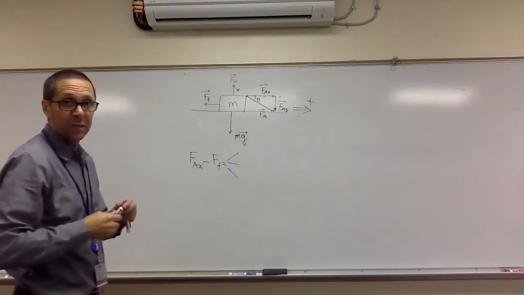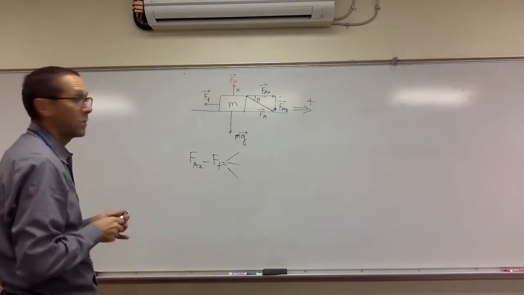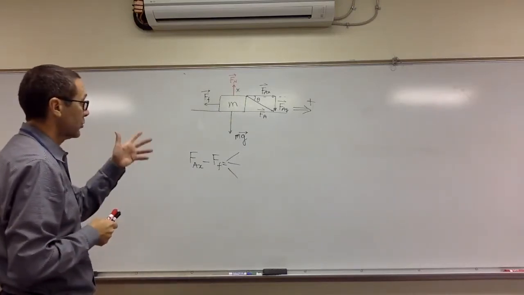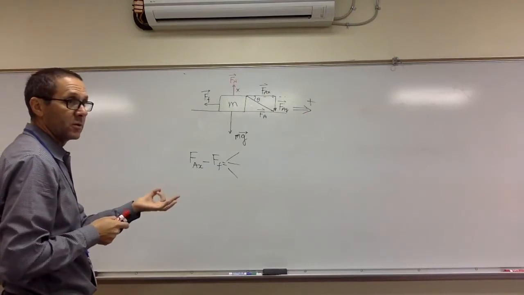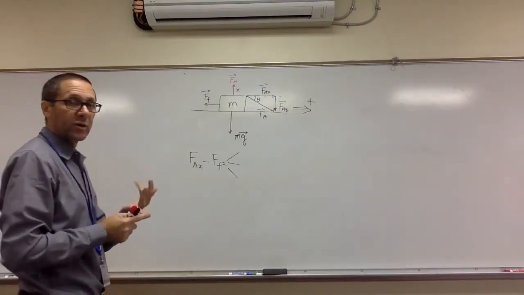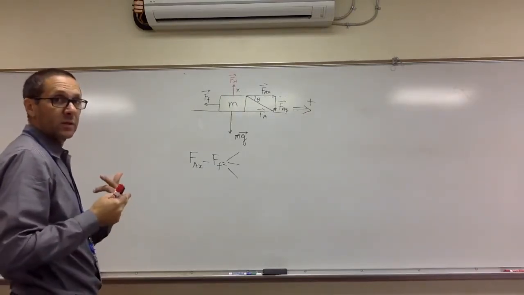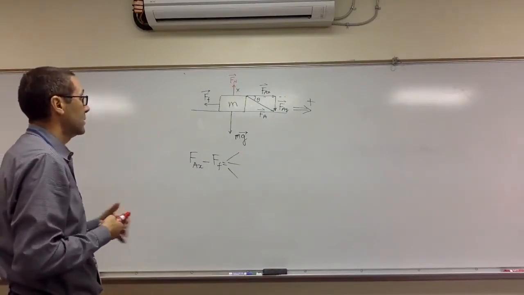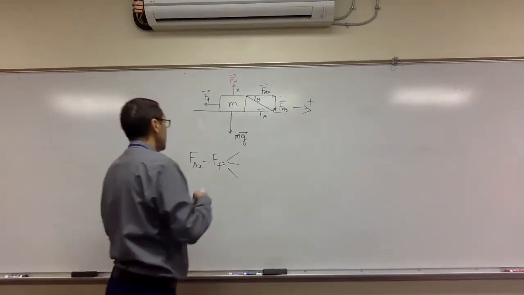You might be pushing down, and the object doesn't move. You might be pushing down and the object moves at a constant velocity. In both cases, you get a 0. One 0 is for static equilibrium, and the other 0 is for a different reason, for dynamic equilibrium. Or you can get the mass times the acceleration. On the other side,